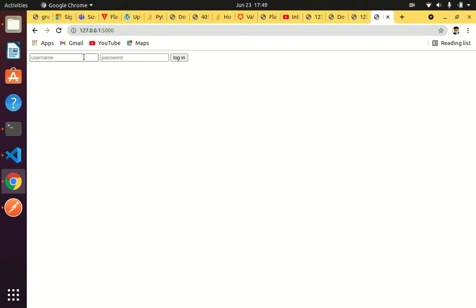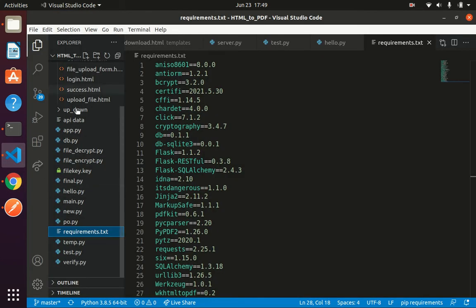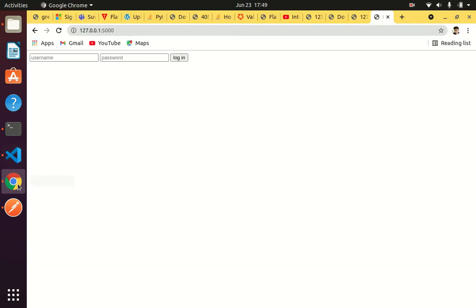Now a new user can put his or her credentials and get his file uploaded to the server. So the idea is to upload a file or data, whatever, a PDF file, image file, or any sort of data to the server. On the server, see, there's no image file. I'm going to upload an image file, and we'll see how it gets uploaded.